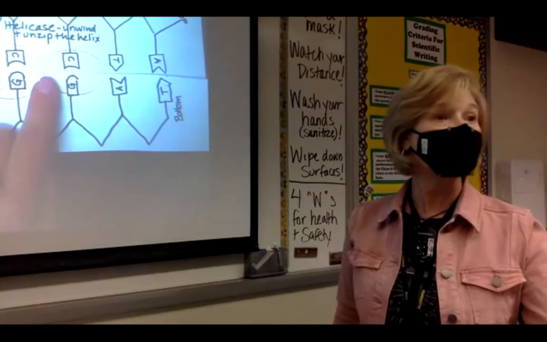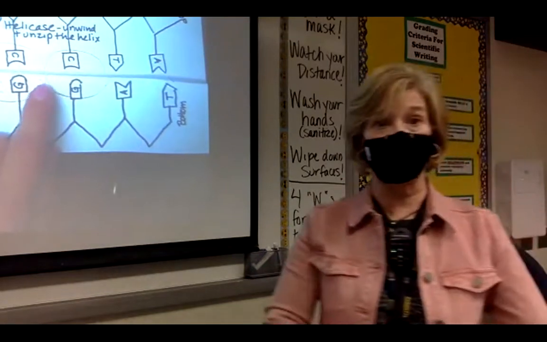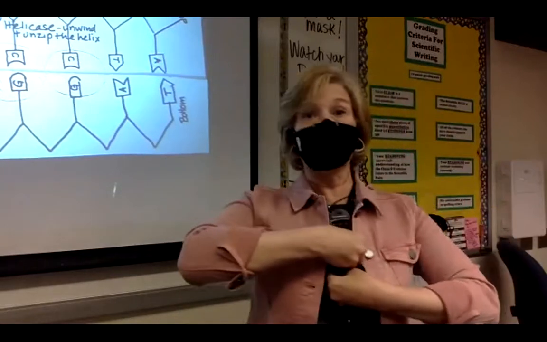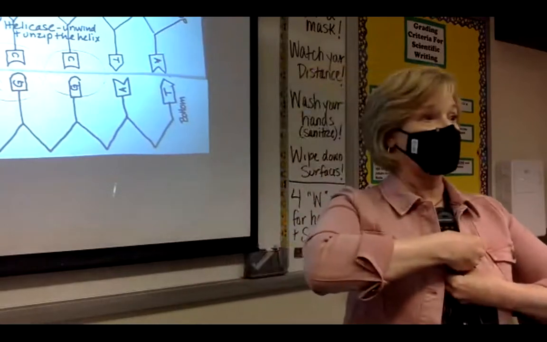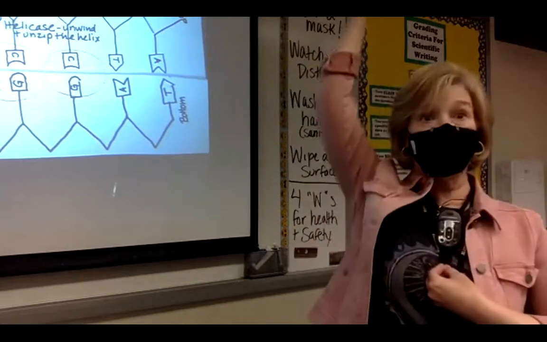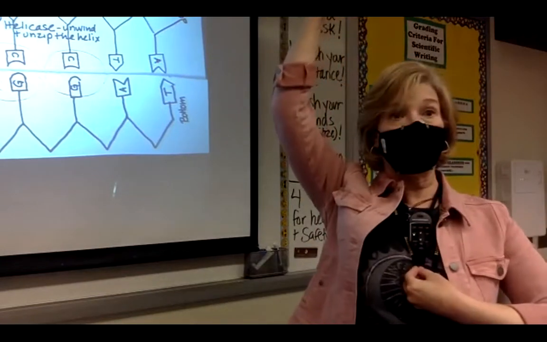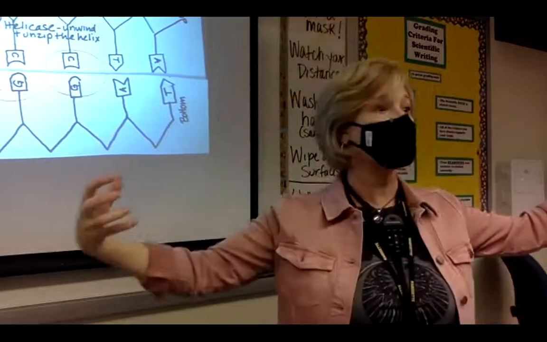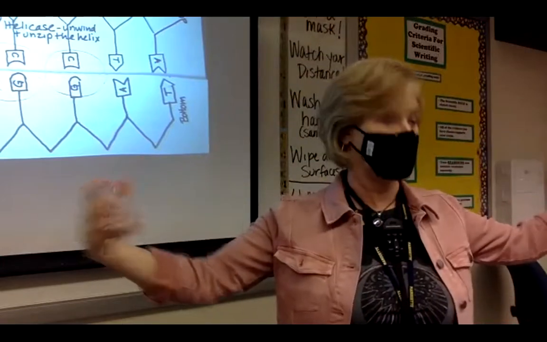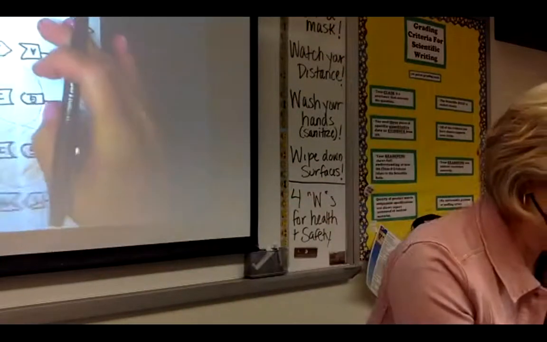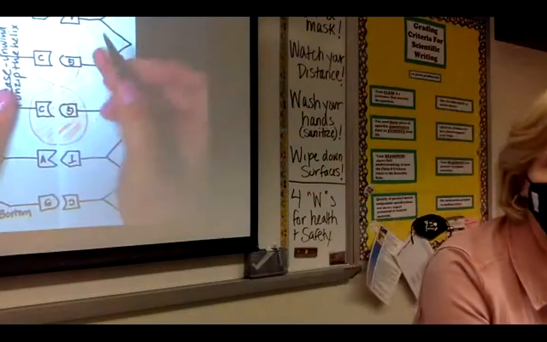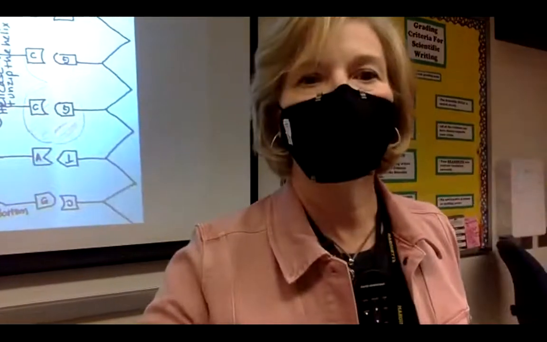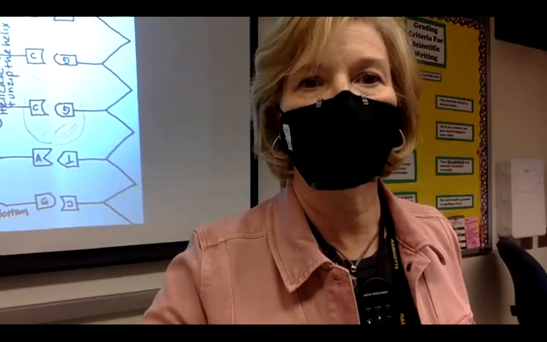Now, it acts like a zipper, like a double zipper. So if you think about jackets where you've got a zipper pull, this has got 2 zipper pulls. One of them is going to move in one direction, unzipping, and the other one's going to move in the other direction, unzipping, to make that replication bubble bigger. Okay? So we're going to show that on the diagram by, and actually, you guys are not seeing this at home very well, are you? I'm going to,